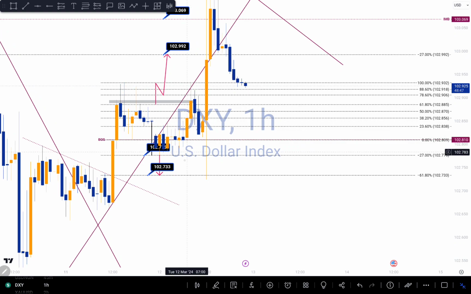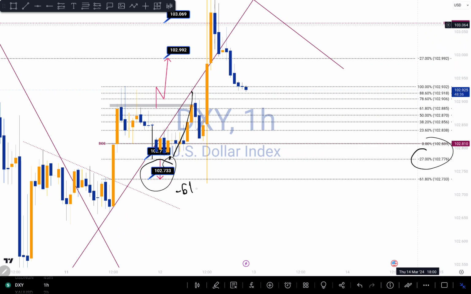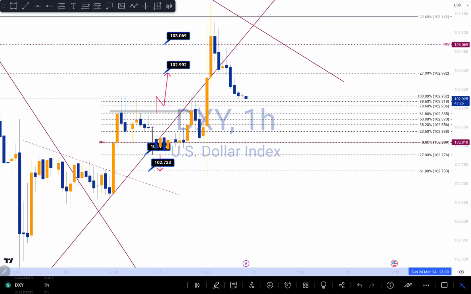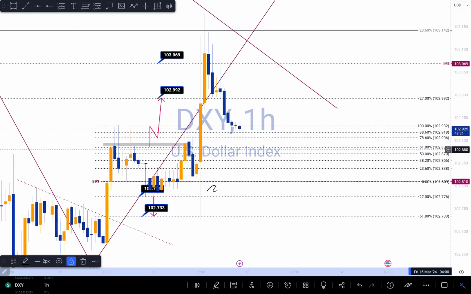But as you can see, we first got to my negative 27% fib level around this area right here, then we tanked to the upside a little bit, right? We still hit this negative 61.8% fib level, but in a different way, because it was actually already pushing to the upside before the weak rejections around that area right there, right? So as you can see, it actually hits my TPs on